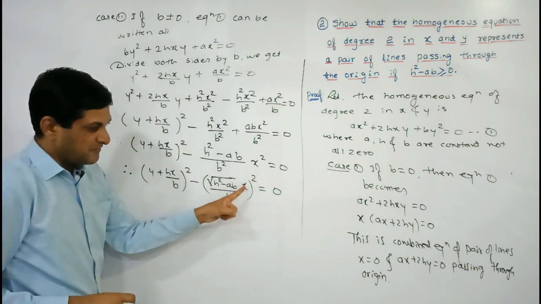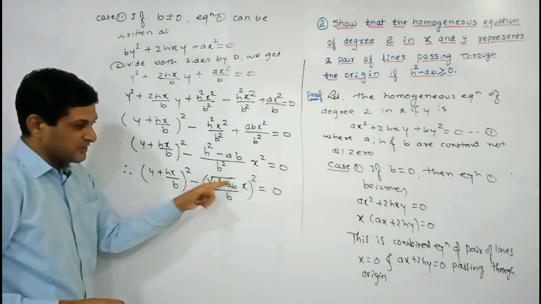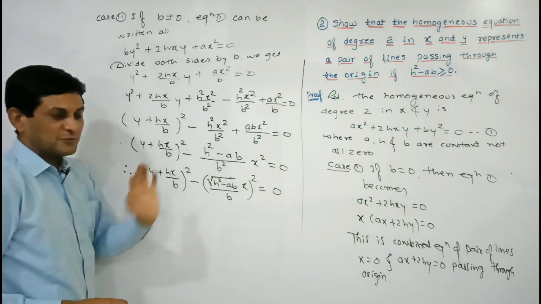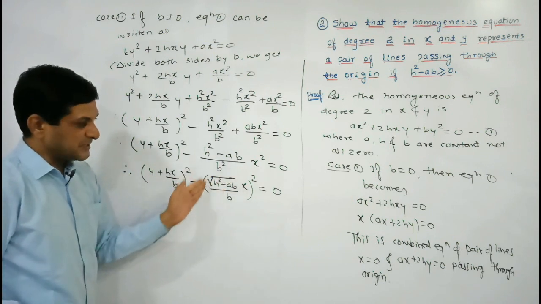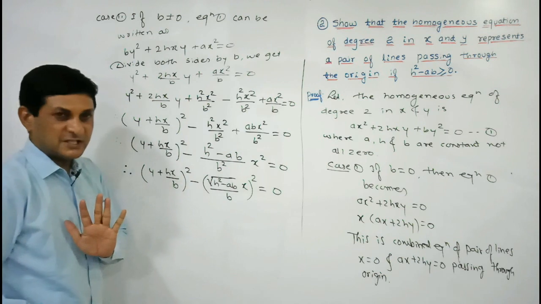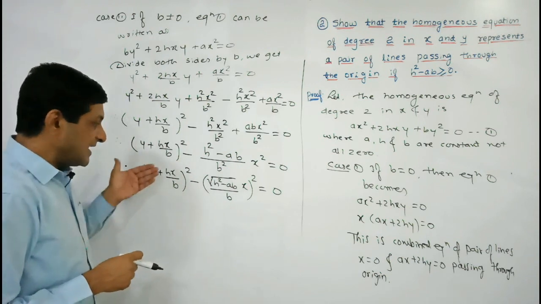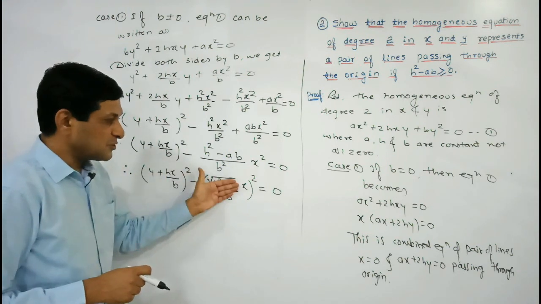Check it, square of x is what, x square, square of b is what, b square, and again if you are taking square of this term, root will get cancelled and we will get h square minus ab. Means after taking square of this term we will get the same expression, means this expression can be written in this form. Why we are doing this thing? Just to arrange the term in the form of identity a square minus b square.